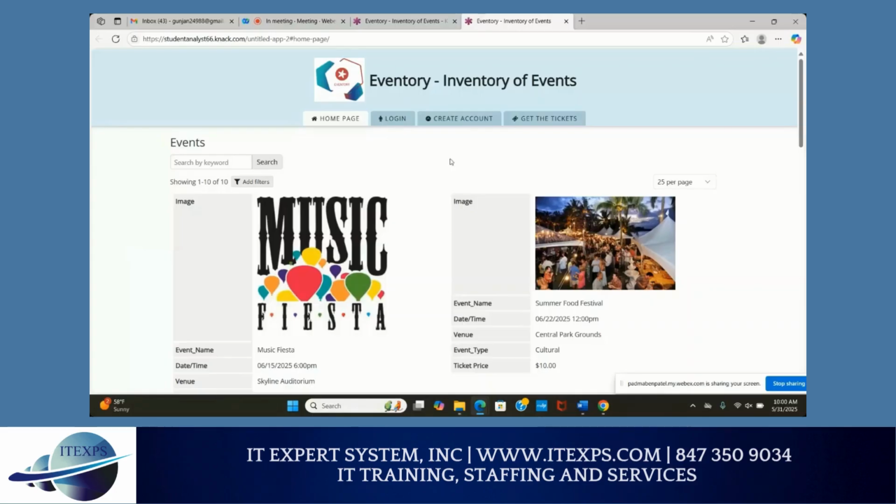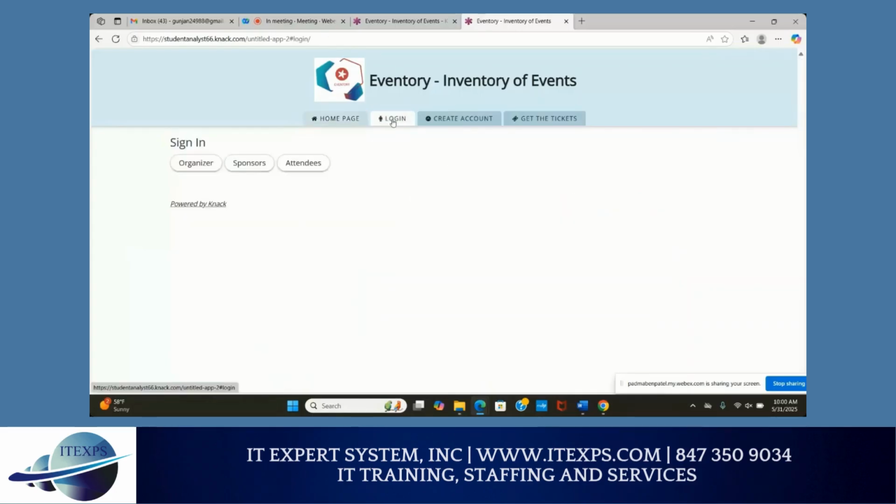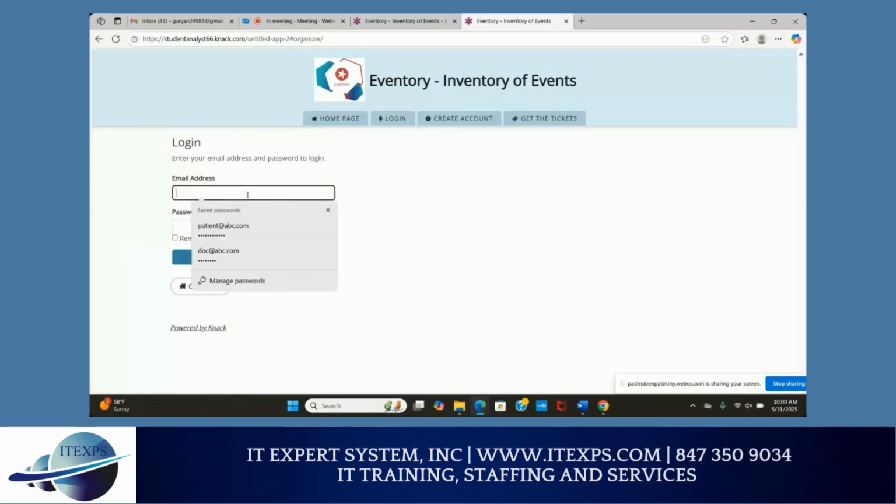And for this, we created one login page. It gives access only to users, organizers, and attendees, so they can check for the upcoming events. If we go to the organizers page,